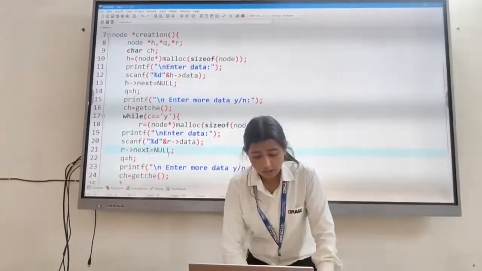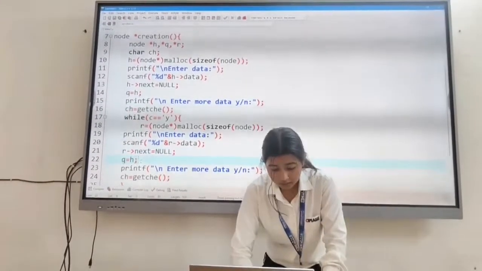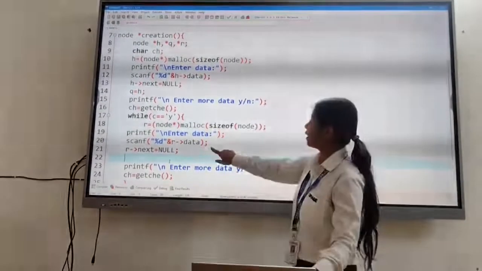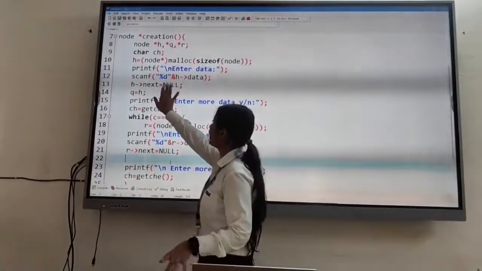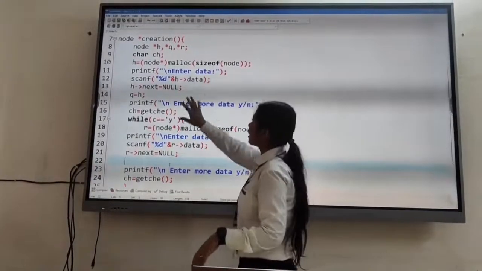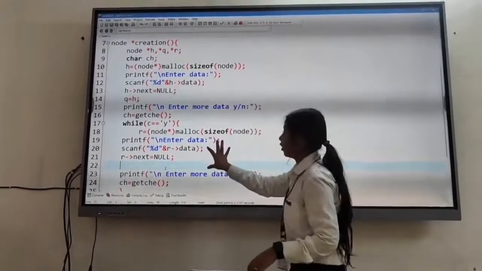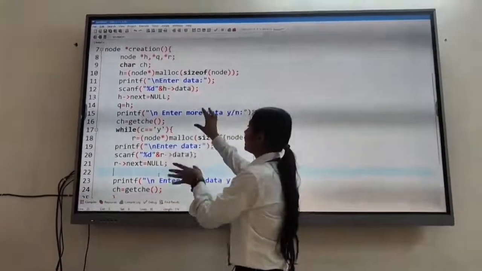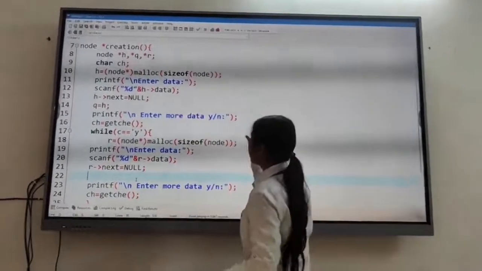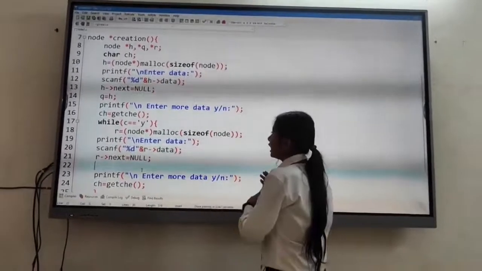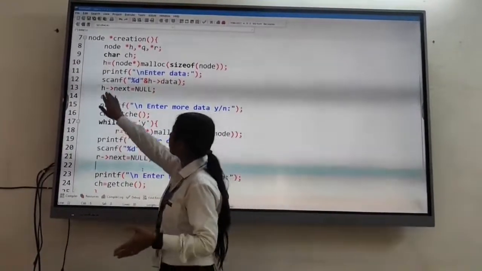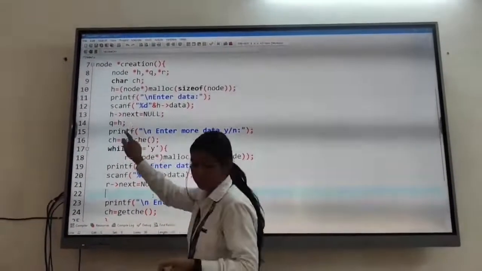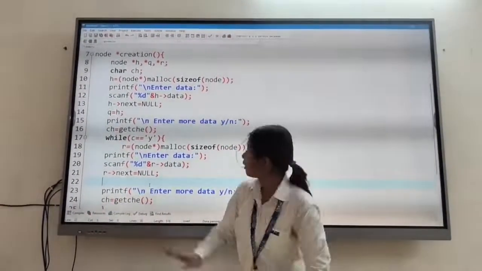It is null, and here, so here also R next is null. Here H next is also null. So it is the first node and it is the second node, and the Q is on the first node. So if you want to link this node to this node by using the linked list, we have to put the address of